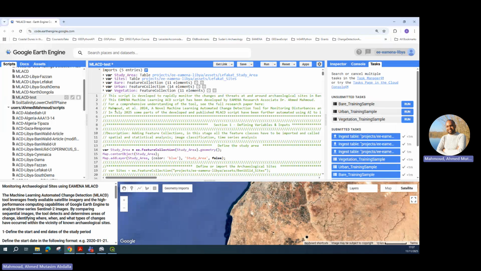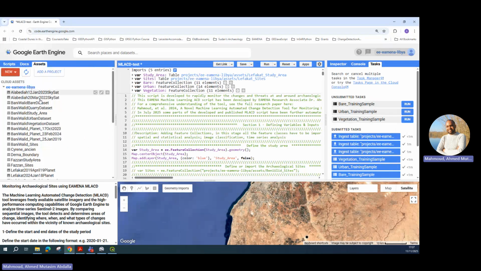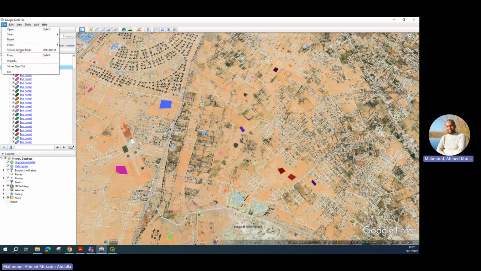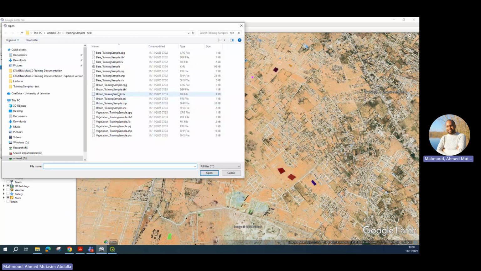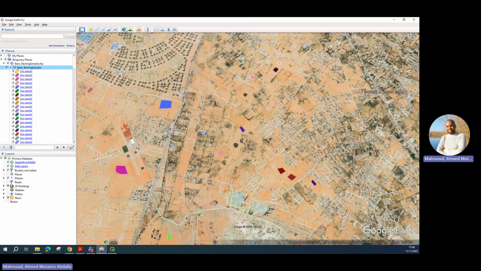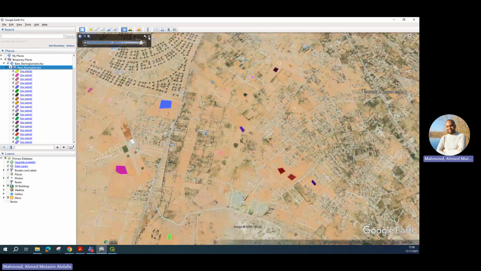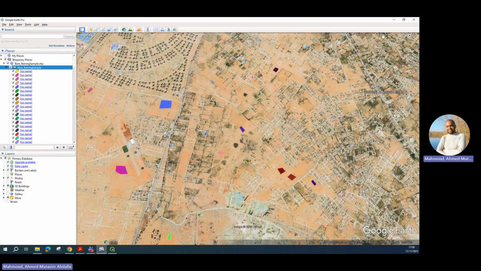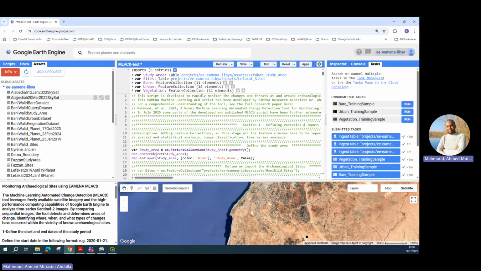So I can return back to Google Earth Engine. I will do the same thing actually in Google Earth Pro. I will do that for the other classes, urban training data sets and vegetation training data set. I will add them to Google Earth Pro, and then I will use the historical imagery and do the verification here as well. And then I will save it as a KML, import it into QGIS, open it, and then export it as a shapefile. Once I have all of them, then I can return back to my